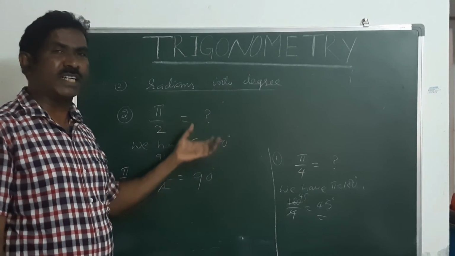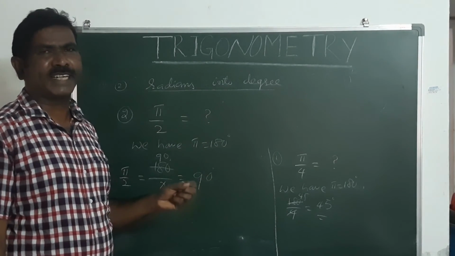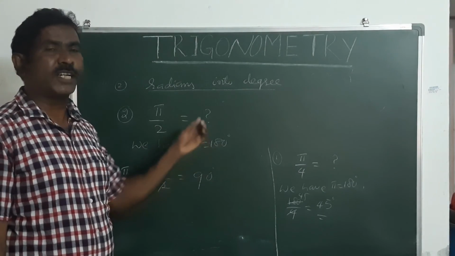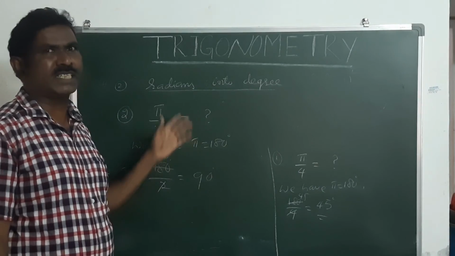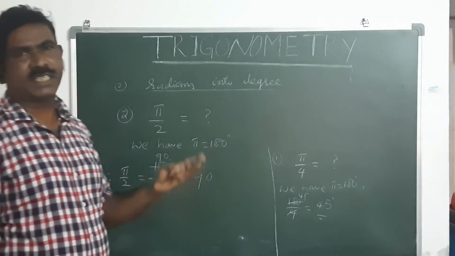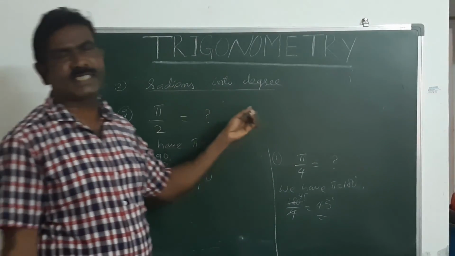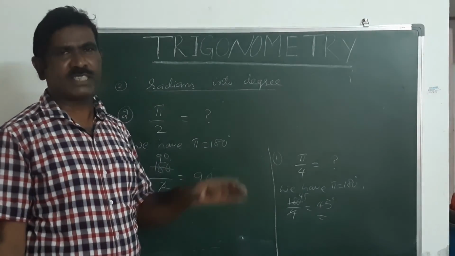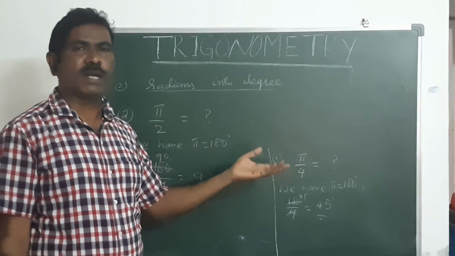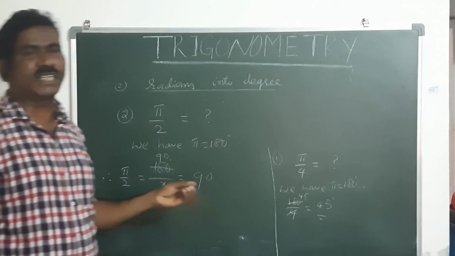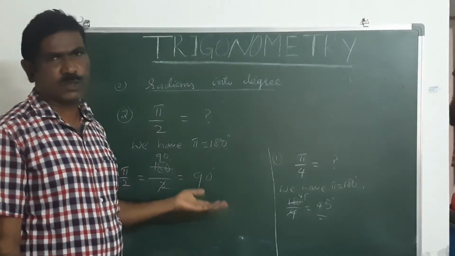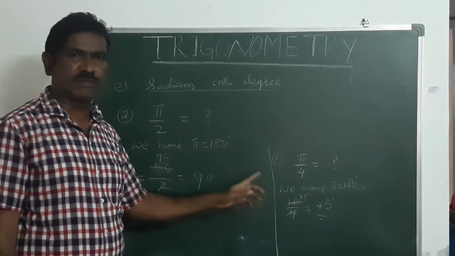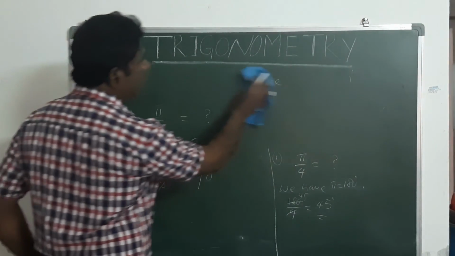What we learned already: we defined what an angle is, how an angle is formed and how we measure it. We measure angles in 3 types: degrees, grades and radians. While doing problems, conversion from radians to degrees, or degrees to radians, is required in most cases. That is what we have done. Now we are entering into